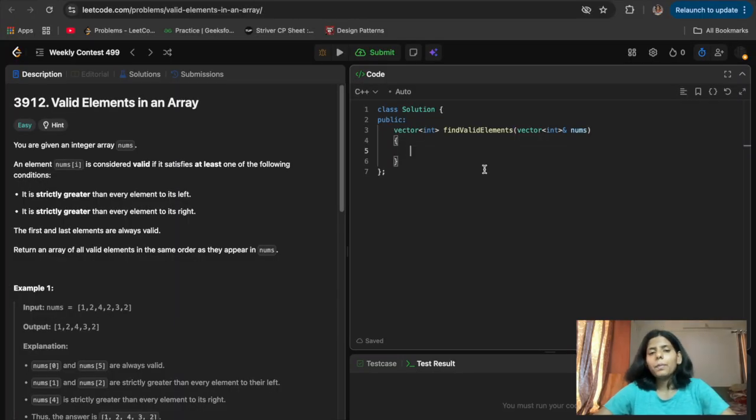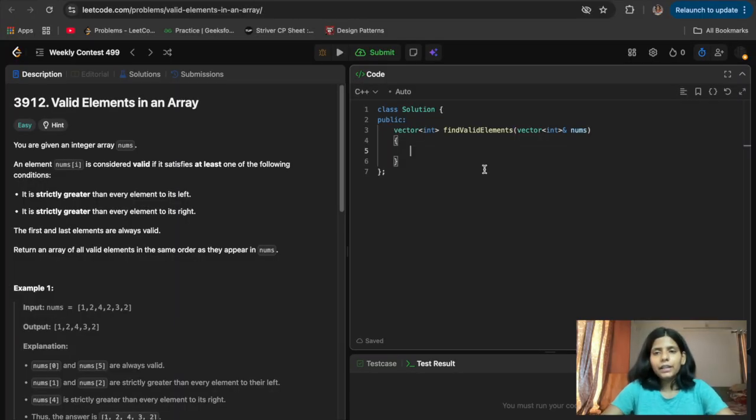After reading this question, the first thing that came to my mind is I can use a premax and suffix max. I don't want to make it complicated, but there is another way to solve it, which is a monotonic stack. We'll solve it using premax. Basically, it is the same as a monotonic stack, but instead of using a stack, we will use a vector array here, which I'm using for the premax and suffix max. Let's see what I thought and how we code it.